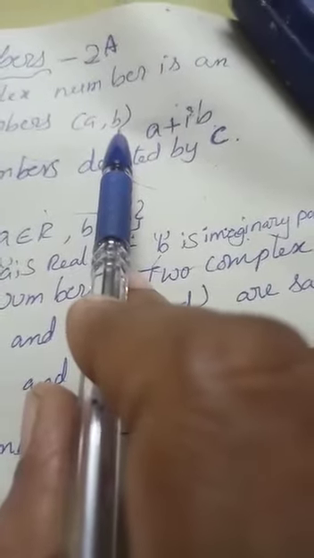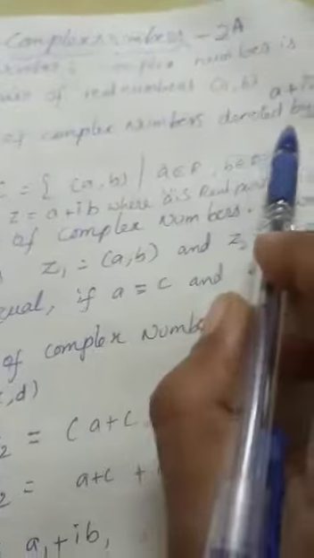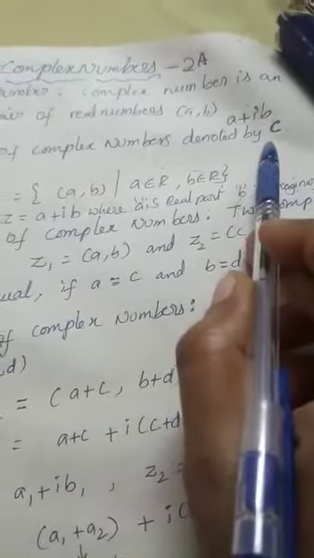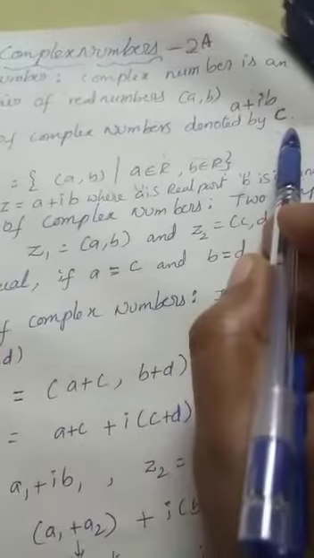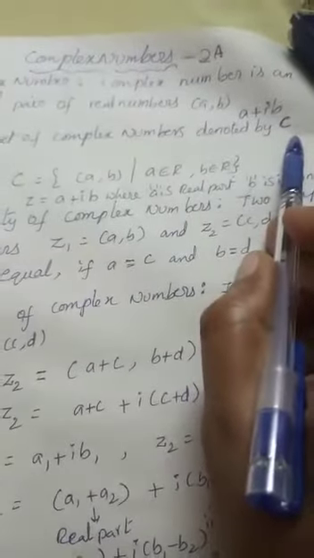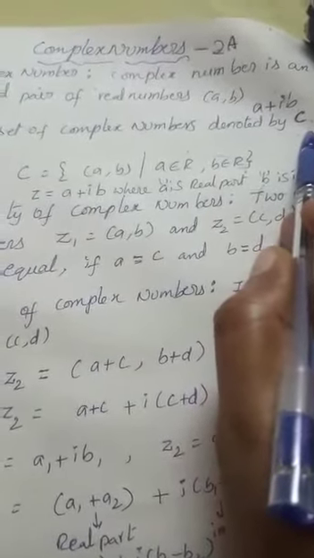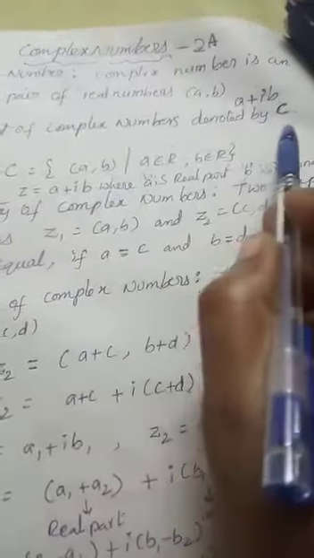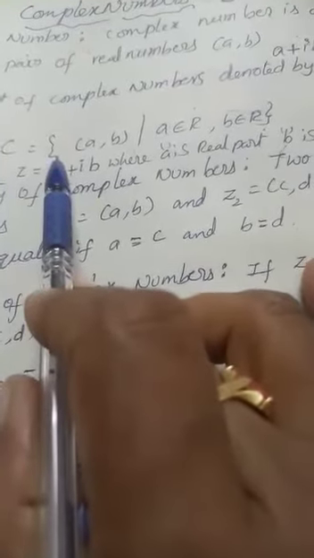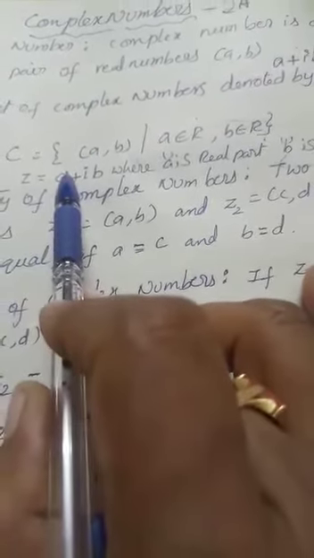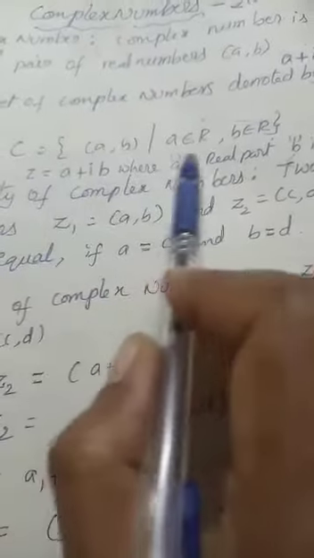is imaginary part. Okay. So the set of complex numbers are denoted by the letter C. Complex number lo first C kada. So with the letter C we denote complex numbers. We know that natural numbers are denoted by n, whole numbers are denoted by w. Like that, complex numbers are denoted by C. And what is C equal to? This is a set builder form of complex numbers.